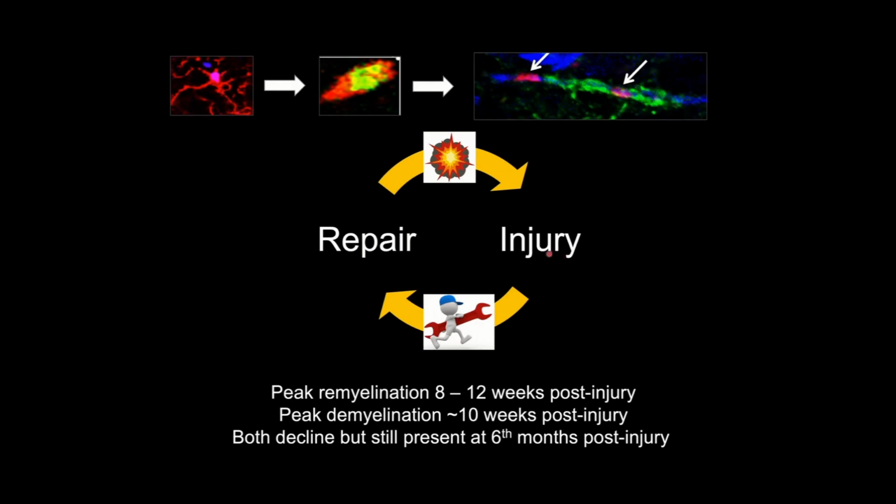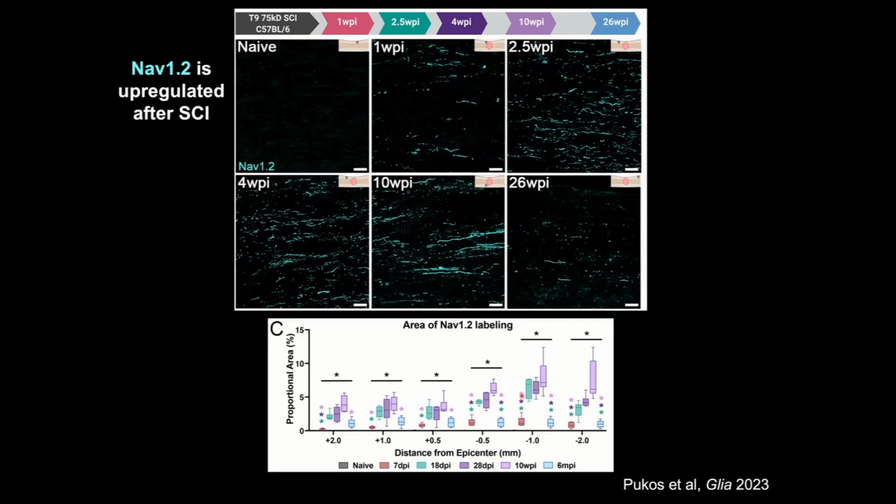Putting this together, what this data tends to show is that over time after injury, we do have this long-term ongoing spontaneous repair process, but there seems also still to be some injury process there. The demyelination is either ongoing, and it seems to be that it is ongoing, because if we look back at these data, it seems like this is ramping up over time. So it's possible that some axons that initially had spared myelin are becoming demyelinated over time.